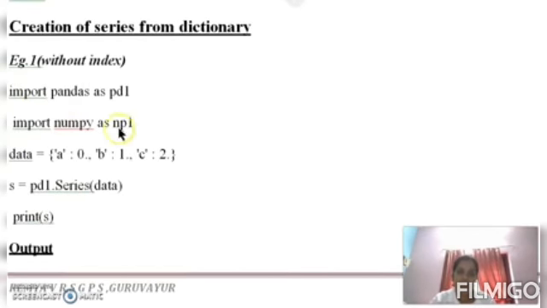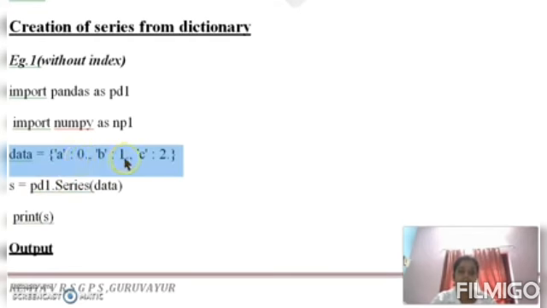Pandas is imported, numpy is imported. Then here there is a difference in the data. In the previous case we used square brackets because we were using an array. Here we are using a dictionary, so we use braces. In a dictionary, values are stored as key value pairs. Here key is A, value is 0.